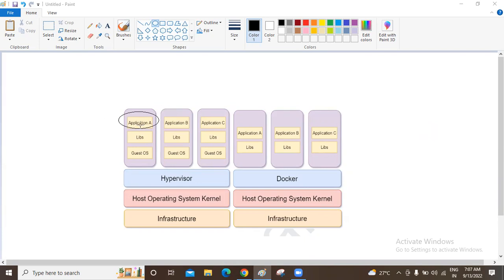In this setup, the developer will develop the source code for application A. This application A will run successfully on his machine because the required dependencies are already installed. On top of this guest operating system, he will install the required binaries and libraries. For example, if it is a Java application, he has to install Java. So what will happen after that? He will slowly develop his source code and test it on his own machine.